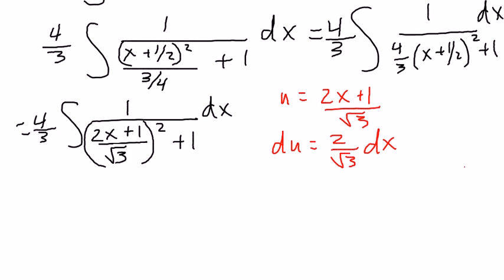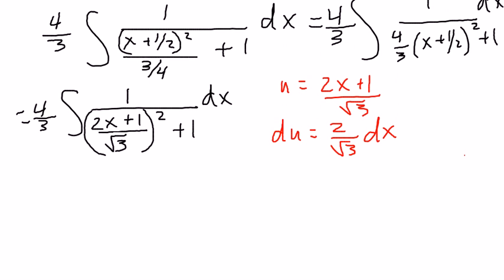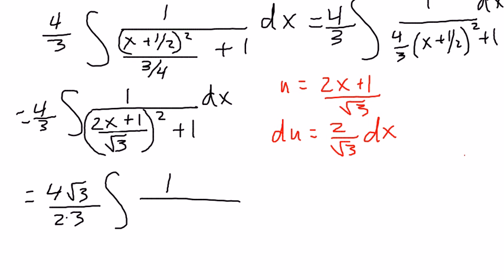Okay, so moving on here, your integral becomes, well, I have to divide by 2 over the square root of 3, so you end up with, what, 4 times the square root of 3 over 2/3. Okay, so the 4/3 is already there, and then the square root of 3 over 2 we gain, and then you have the integral 1 over u squared plus 1 du. Okay, and the constants, we have some stuff that goes here, so this 4 over 2 becomes a 2, and then the square root of 3 over 3 becomes a 1 over the square root of 3,